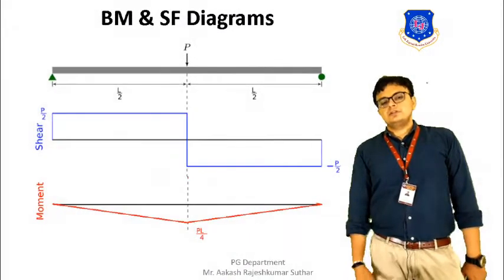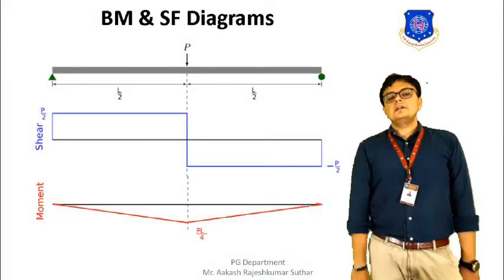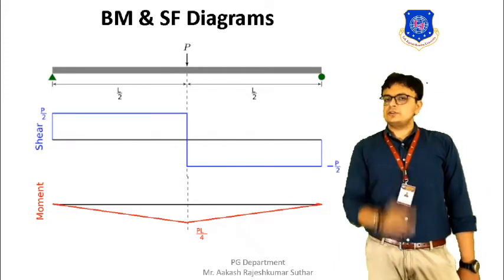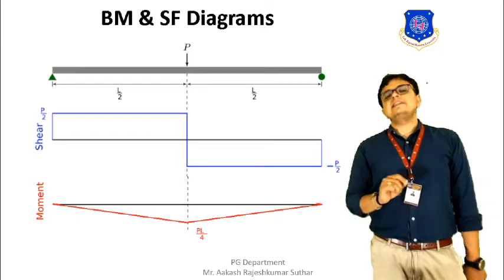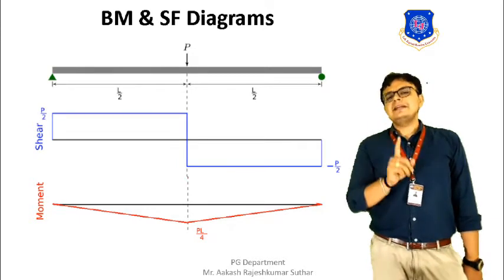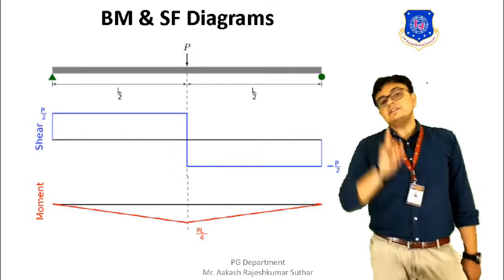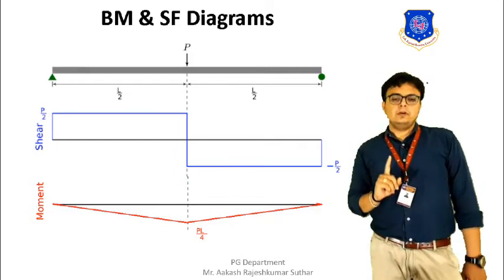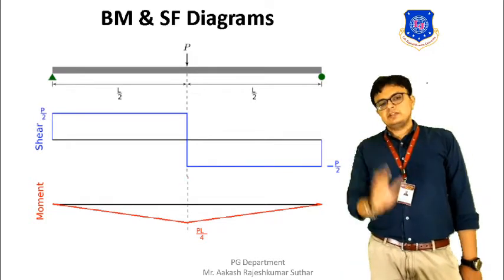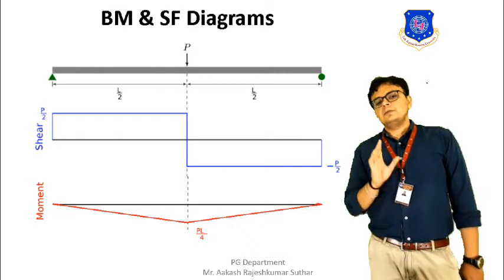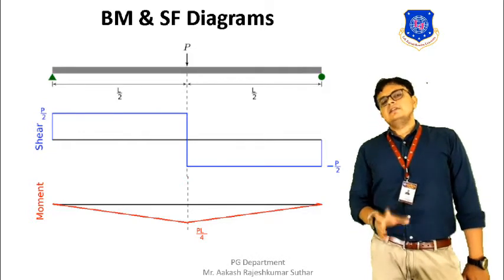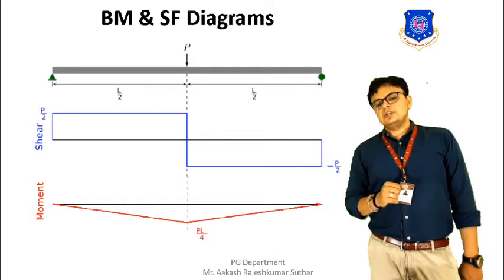You can see over here we have a simply supported beam which is having a concentrated point load at the center, meaning the span is L, and at L by 2 the point load is there. The intensity of the point load is P. So you can see that we will be drawing the shear force. It will be like a rectangle only. The positive will be in upward direction and the negative will be in the downward direction.